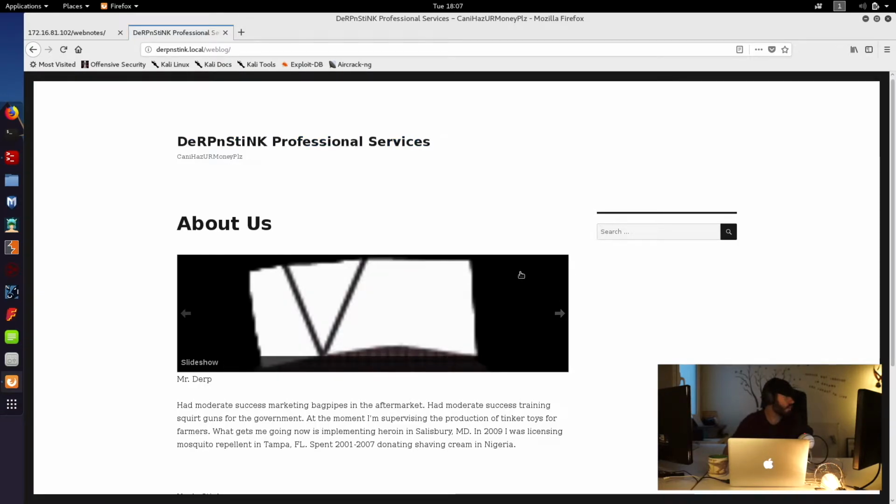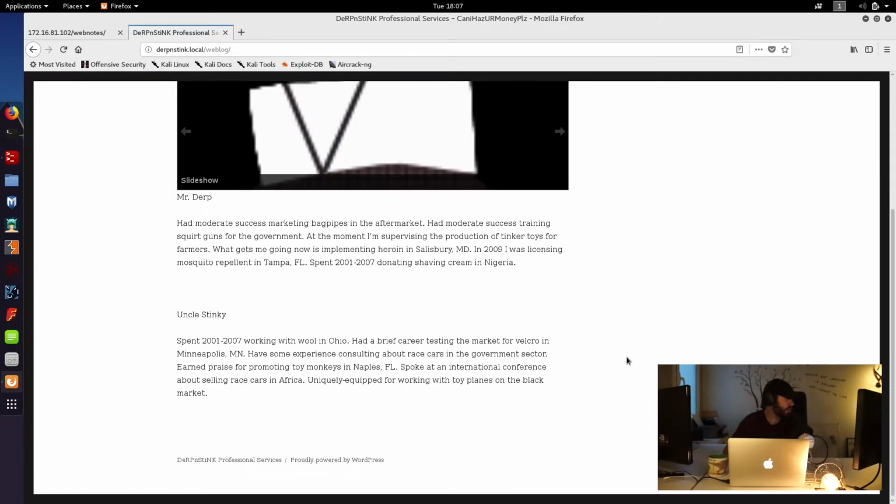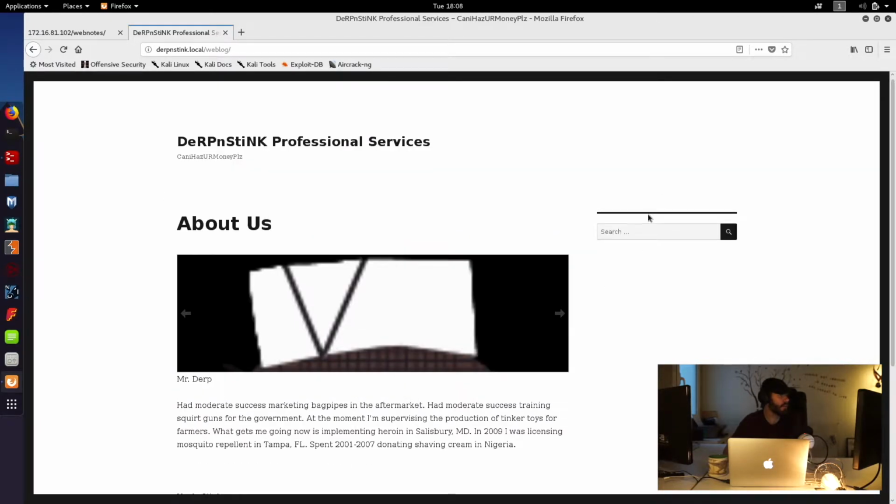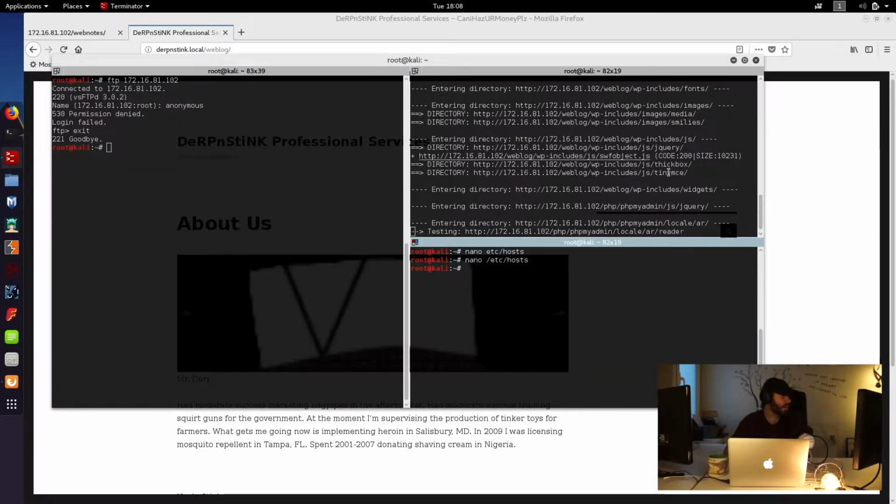And now we have a fully rendered weblog, and you can actually see at the bottom this is being powered by WordPress. I've got a reference to a Mr. Derp there, Uncle Stinky, a few various posts, and so on. I'm just going to have a quick check of some other directories I saw that came up in this